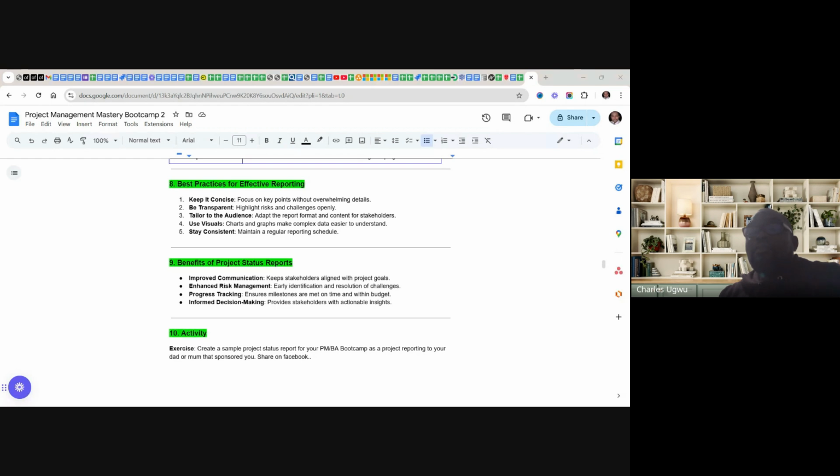Even if you borrow from a bank, if the bank is sponsoring some of this, they will want to know how you are managing the project. Only a foolish bank will lend you money for a project and not come to monitor it. If you borrow money for a cassava plantation, the bank will want to come and see that plantation. True or false? So write a report